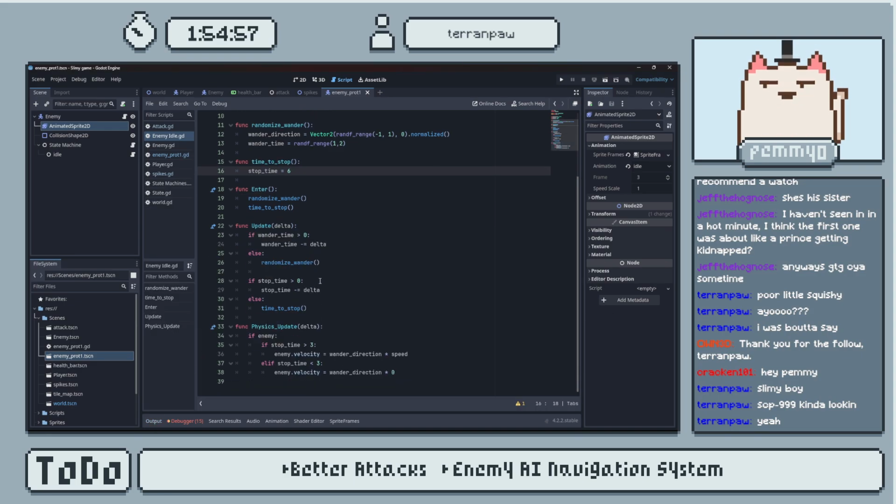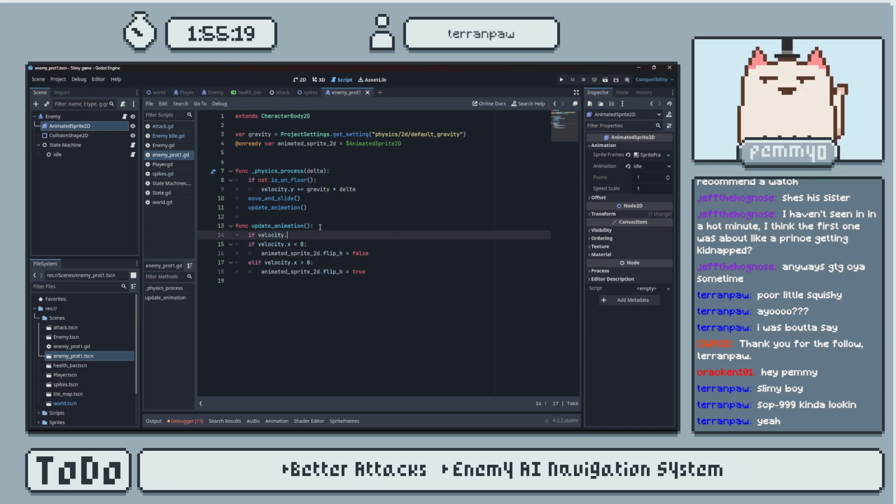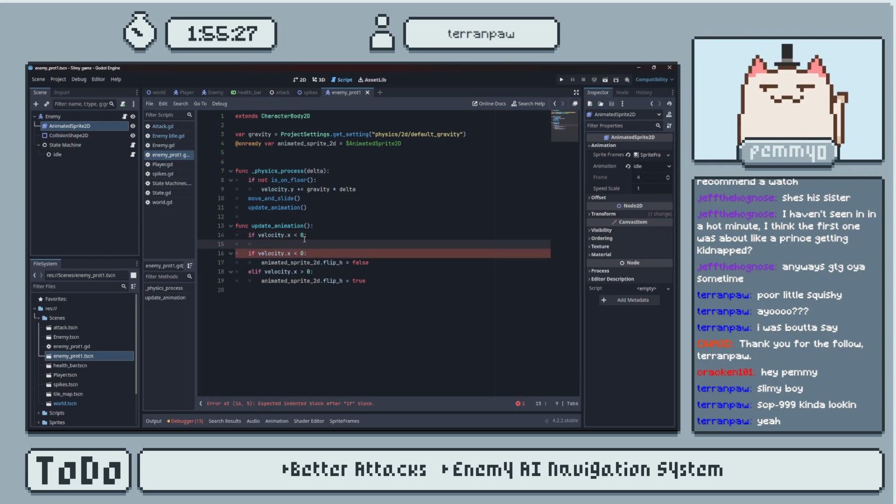Okay, now I'm gonna work with the animation. So if our character is moving, we need to give it some kind of animation, obviously. So we just gotta go to the enemy prototype. Above this, if velocity x is not 0, then it's gonna play animated sprite 2D dot animation play, my bad, play run, and gotta make sure that it is